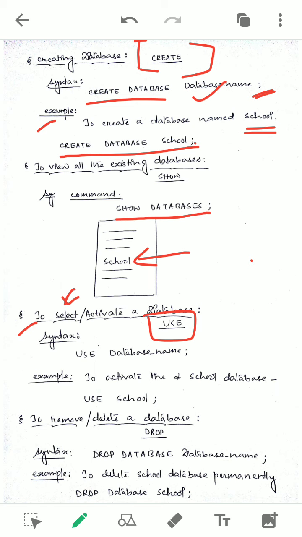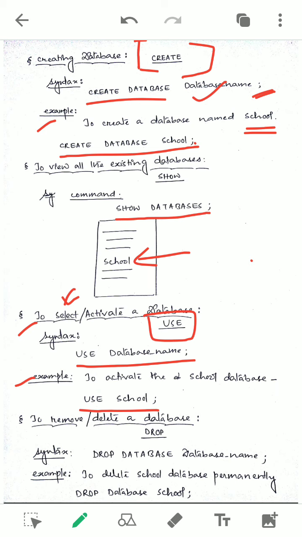So the syntax is USE, then the database name. In the example I have given, our database was school. You have to write USE school, then semicolon. After that your database is activated. Now, if you want, you write SHOW TABLES. The SHOW command is used to display the databases as well as the tables under a database.